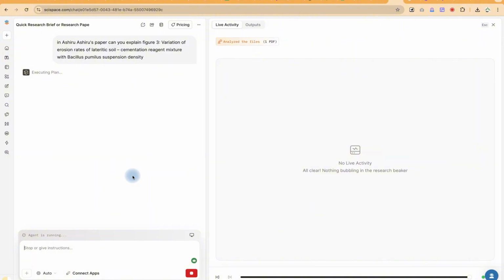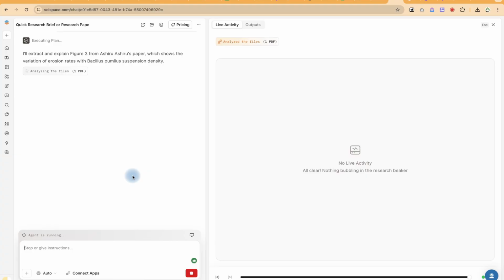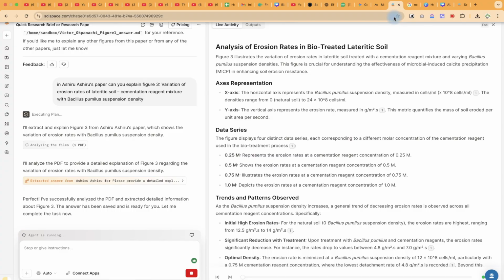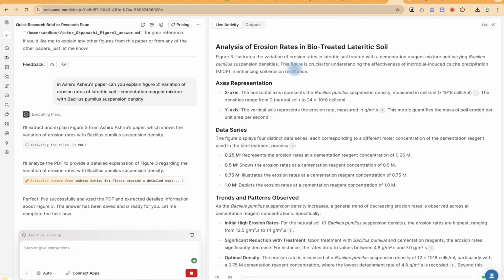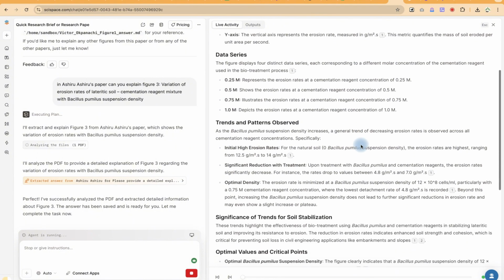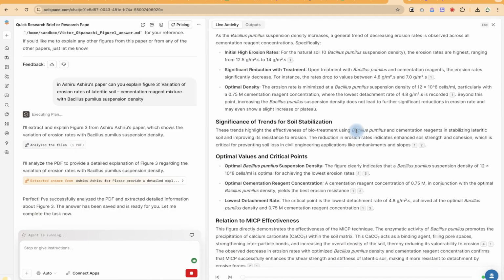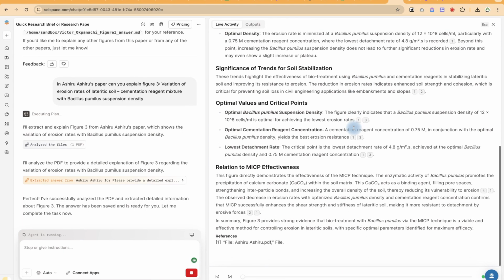Now, whether it's going to truly go through the PDF document and analyze it for us. I'll extract and explain figure 3 from Ashu's paper, which shows the variation of erosion rates with Bacillus pumilus. And as you can see, it has captured directly from Ashu's paper, analysis of erosion rates in biotreated lateritic soil. So this is the data series, trends and patterns observed, significance of the trend for soil stabilization, optimal values and